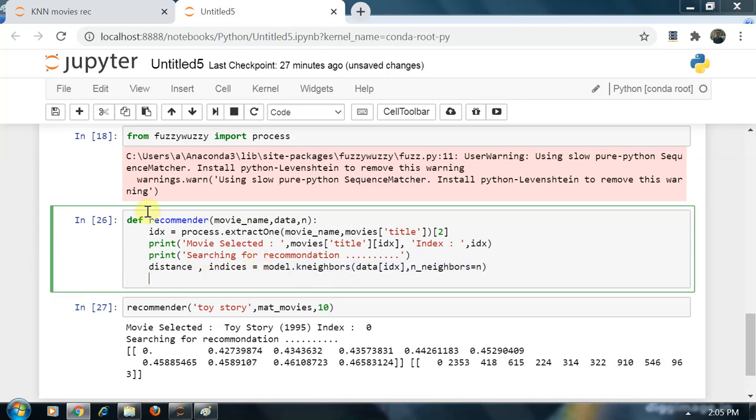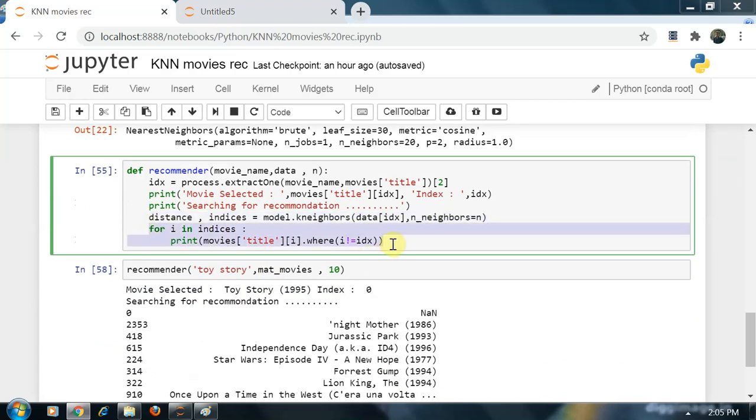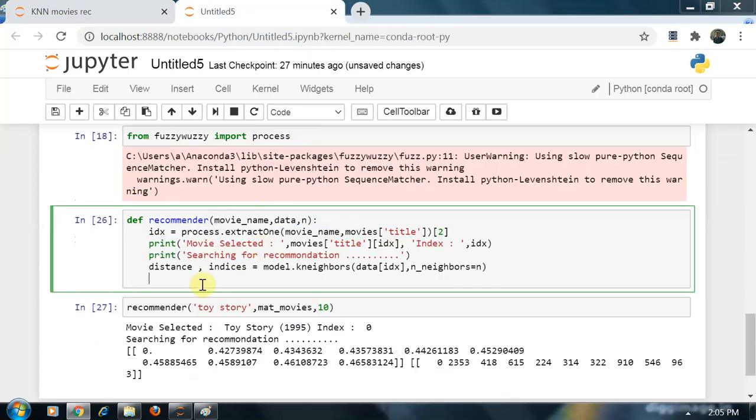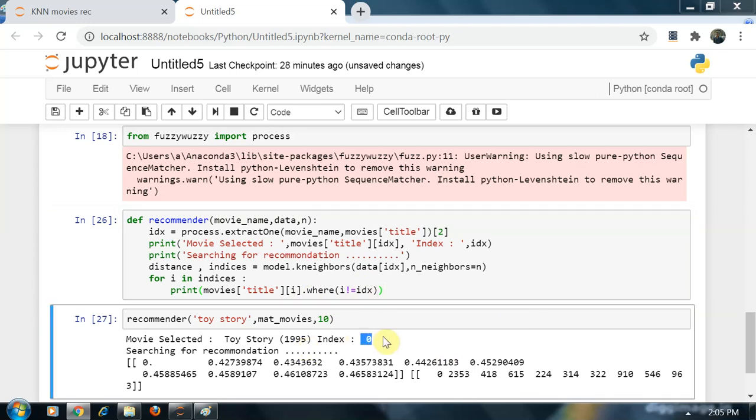So we just want to print the movies only. So I say for i in indices, print movies title i dot where i not equals to idx. I don't want to print Toy Story again, which is 100% similar.